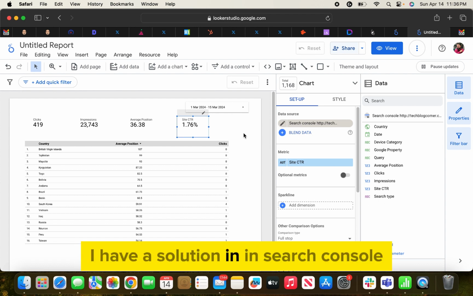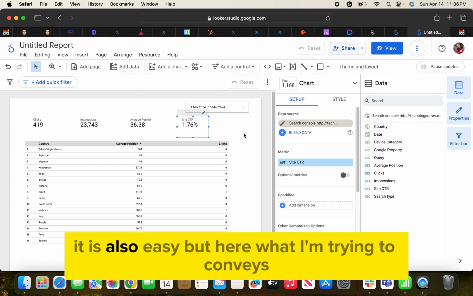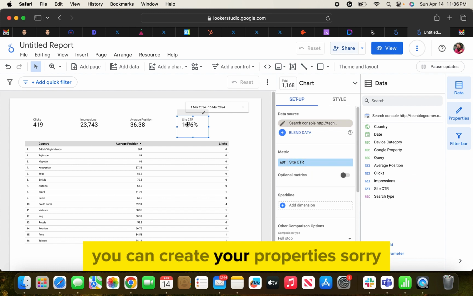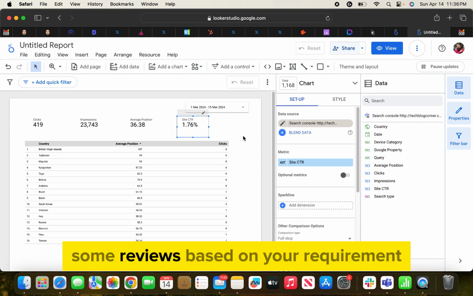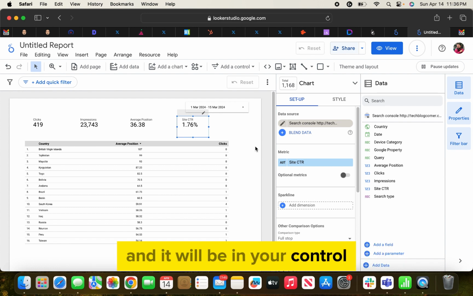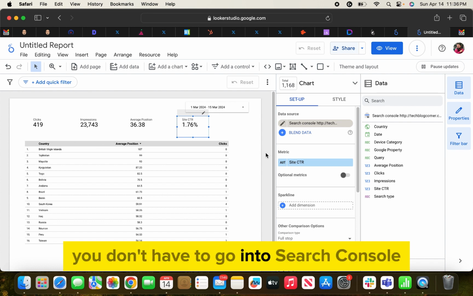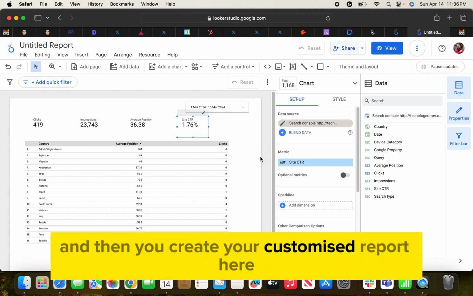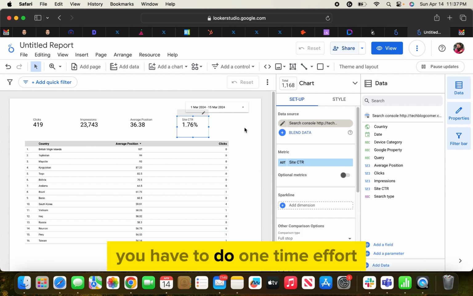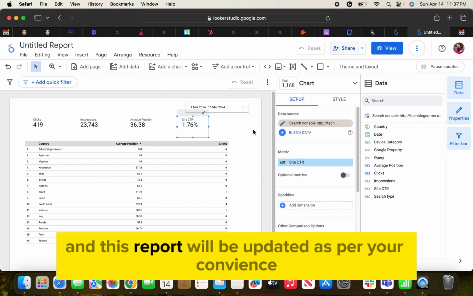So this is a basic thing that most of the SEOs usually see, like what is my site's clicks, impressions, average position. In Search Console it is also easy, but what I'm trying to convey here is you can create your different charts, tables, summary views based on your requirement, and it will be in your control. You don't have to go into Search Console and click here and there and then create your customized report. Here you have to do one time effort and this report will be updated